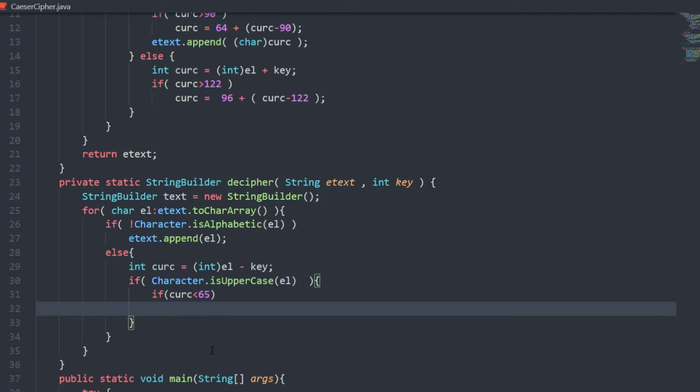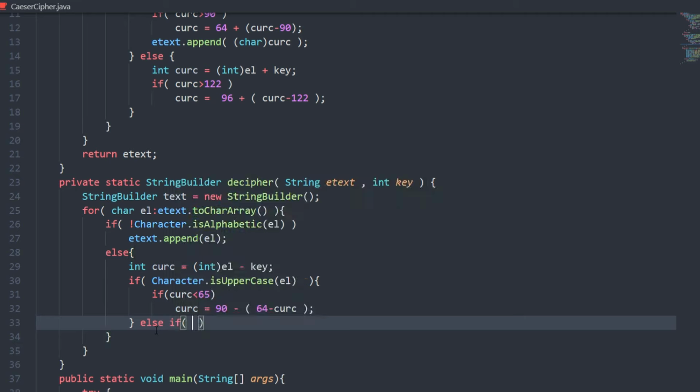So what we can do here is something similar to what we did in our encryption method. We will just use 90 minus, so we can just do 64 minus current C, and it will give a proper ASCII value.